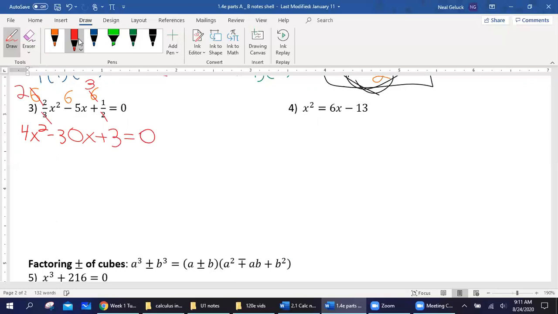If I apply the quadratic formula, again, this is just plugging stuff in, you're going to get 30 plus or minus the square root of 900 minus 48, if you do the b squared minus 4ac, all over 2 times a, which would be 8 in this case. So these are kind of bigger numbers than you'd probably see me giving you on a quiz or exam, but if I roll through this,